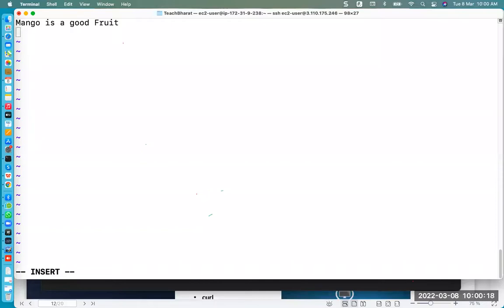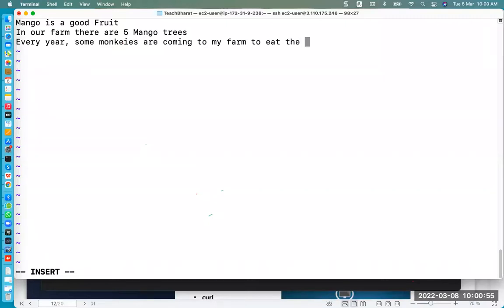I have, in our farm, there are 5 mango trees. Every year, some monkeys are coming to my farm to eat the mangoes,